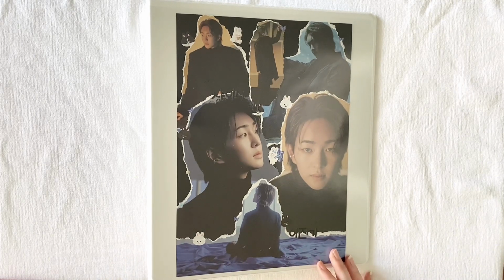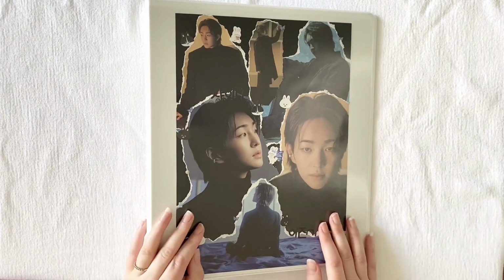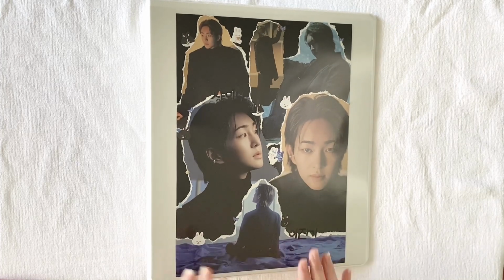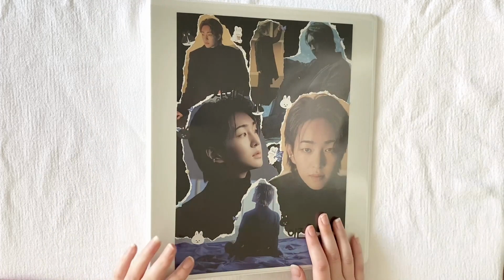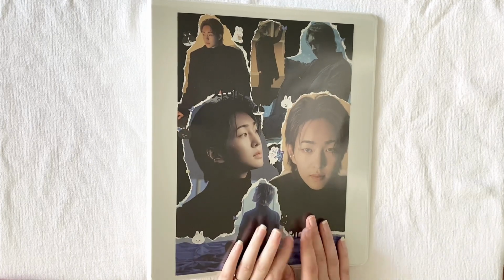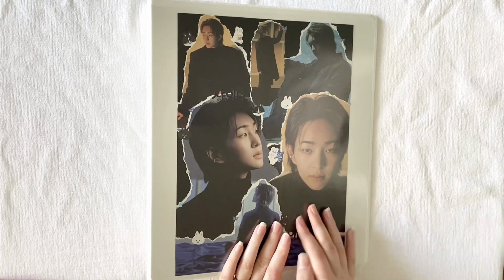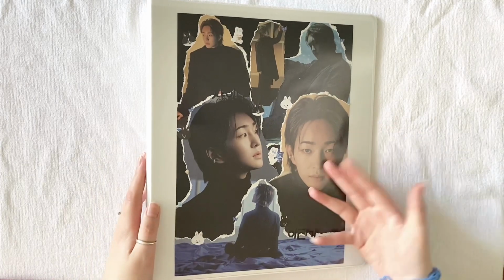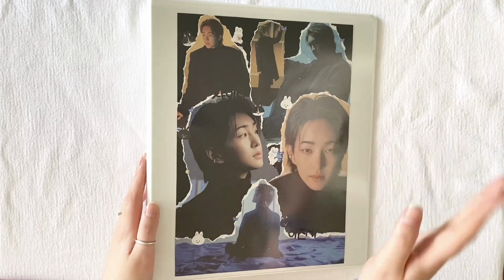I have two. This is just one of them. And as you can see, I decorated them a little bit. I made collages because these finally have these plastic things where you can slip something in. So I made this collage out of my Circle album dupe. Well, I have multiple, but I just used one. And as you can see, this is the ocean version theme, which was my favorite concept from Circle, but